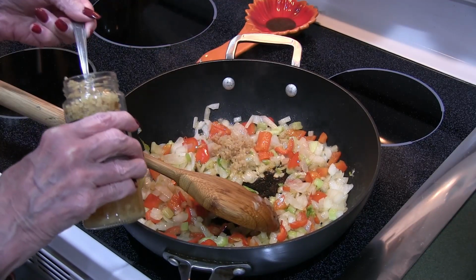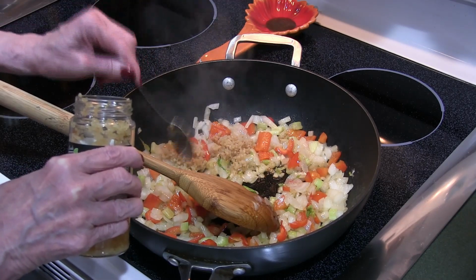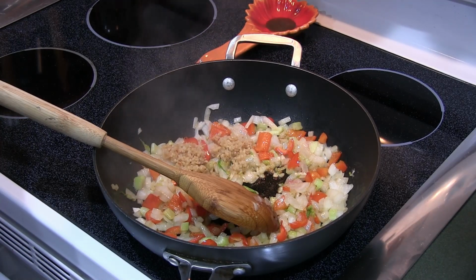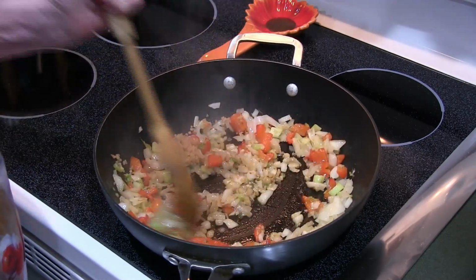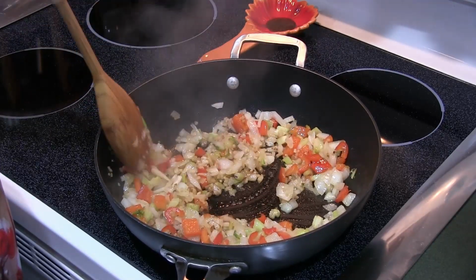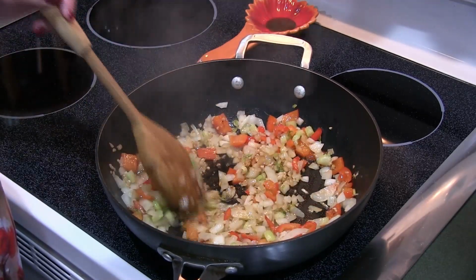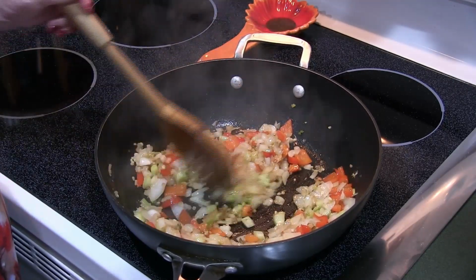This is about 4 teaspoons, which, believe it or not, is 4 cloves of garlic. And we put this in at the end so it won't burn. So we're going to mix this around, let it heat up a little bit for, I'm going to say 30 seconds to a minute. And we don't want it to burn, so we got to keep an eye on it,